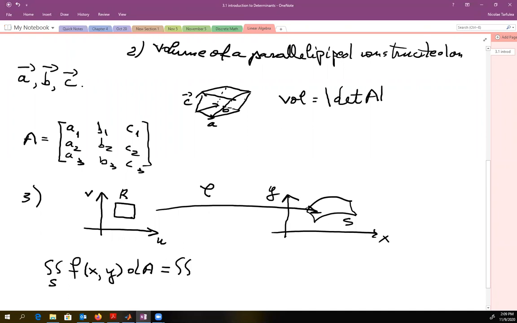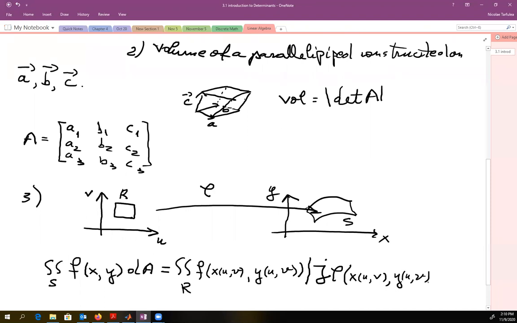Well, you remember that this is the double integral over R, this is what you said in Calc 3, of f of x of u and v, y of u and v, and here is the determinant of the Jacobian matrix of phi at this x of u and v, y of u and v,